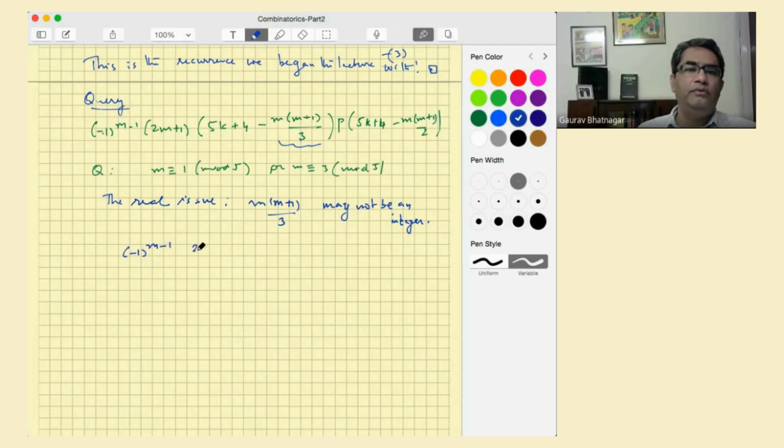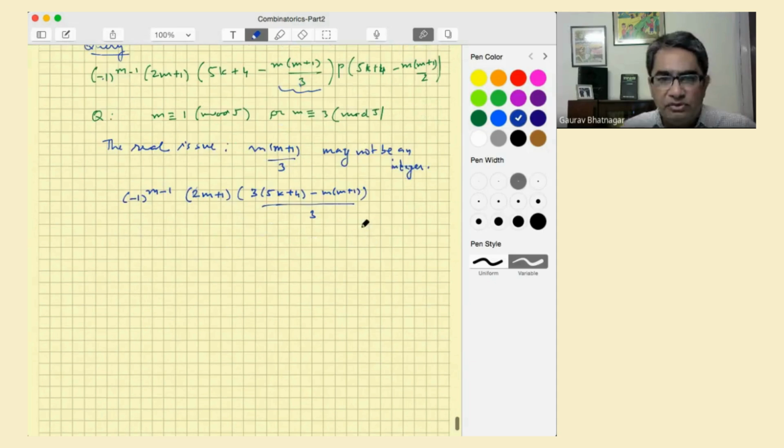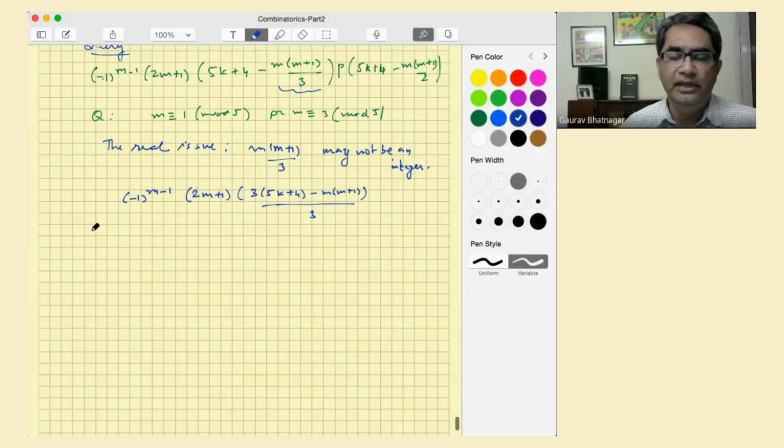So 2m plus 1, and let me ignore this term. And this is 3 times 5k plus 4 minus m plus 1, and this whole thing is over 3. So first of all, one could look at this 3 and it divides maybe not this one but this one. So the real issue happens